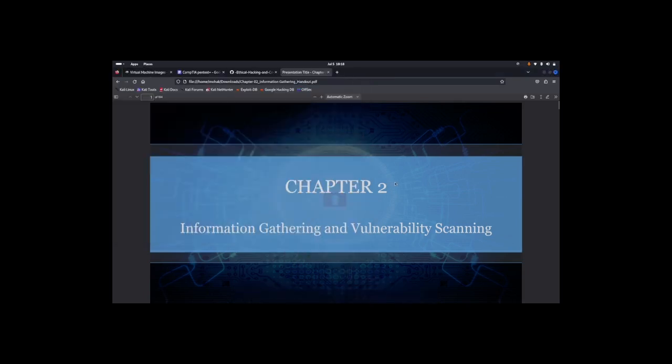Finally, we are in the CompTIA series that I already talked about yesterday. So today my goal is nothing different. I'm starting from Chapter 2, information gathering and vulnerability scanning. And why am I doing that? Because the first chapter is basically about the planning of